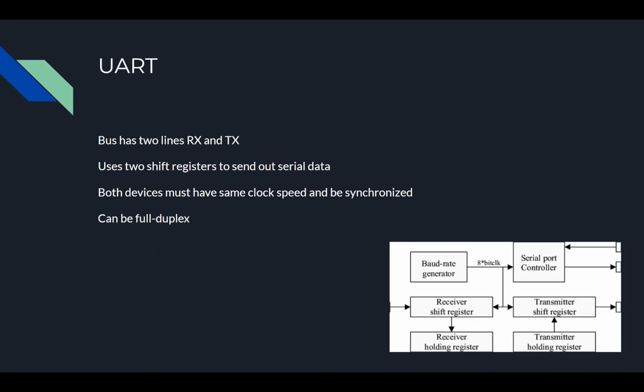Next one is UART. You probably have talked about this if you take embedded design. It has an RX and a TX line, and they use shift registers to talk to each other. Now the issue is that because they use clocks, both devices must have the same clock speed and be synchronized. You can do this half duplex, but it's mainly used for full duplex communications,